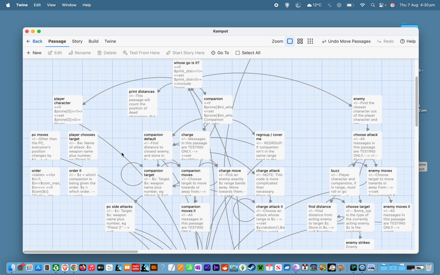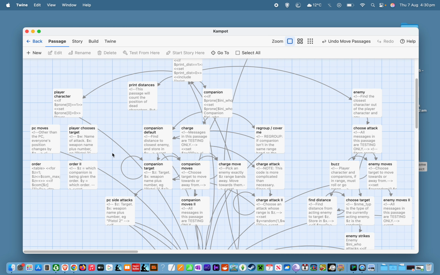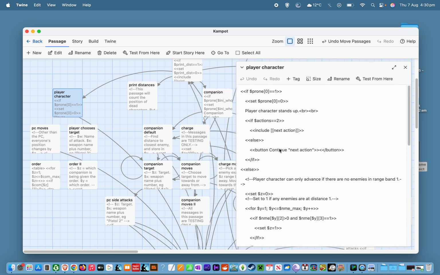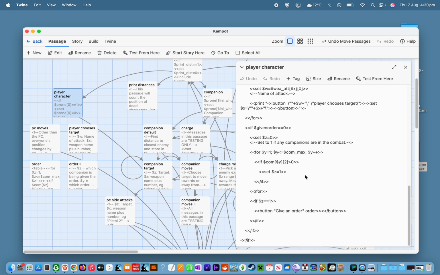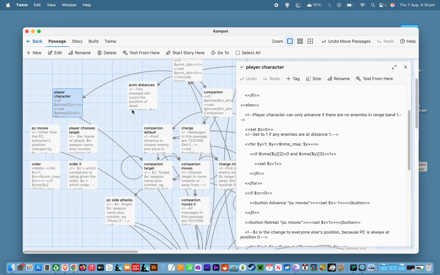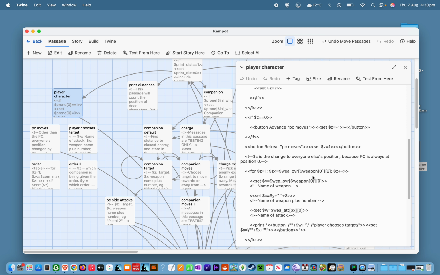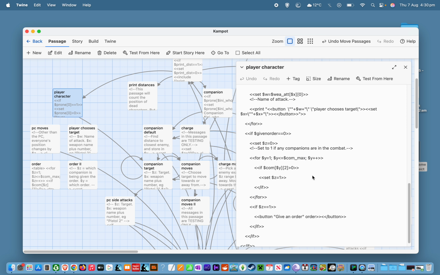So how do we do it for the player character? Well, this is probably the easiest one, I would think. Let's get into here. It's done in this one, I think, from memory. Yep, it is. And there aren't any new variables. It's just a new bit of code. So here we are